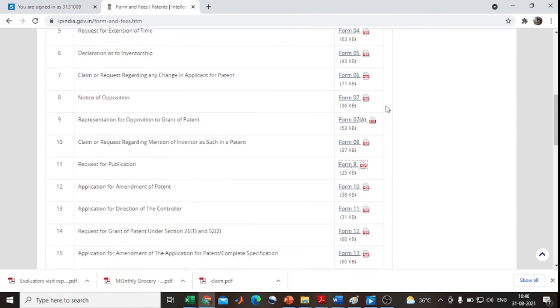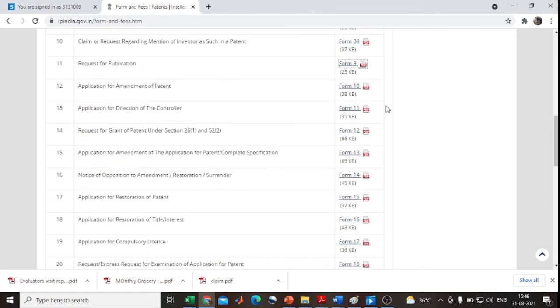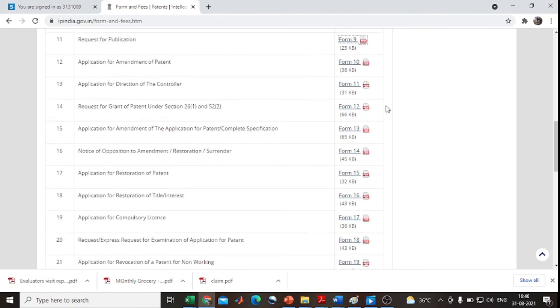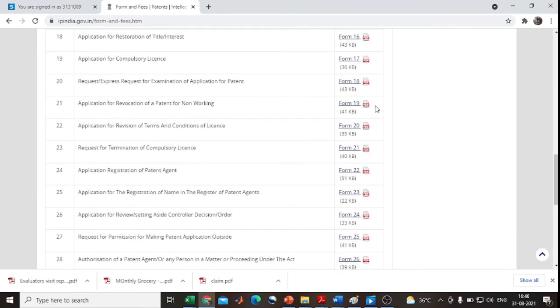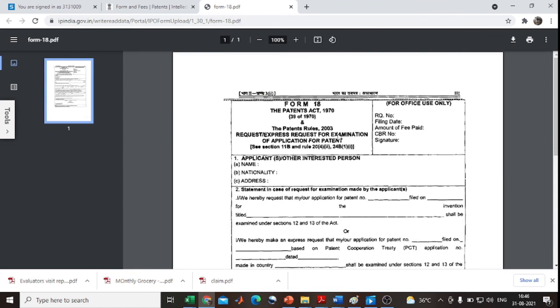The patent documentation is not completed here only. After completing form 9, we can move to form 18. Form 18 describes a request for examination.